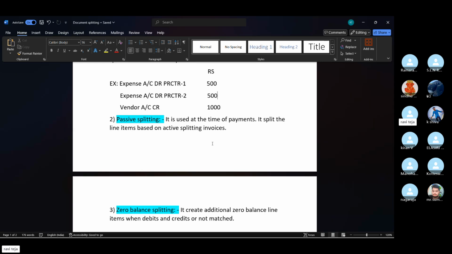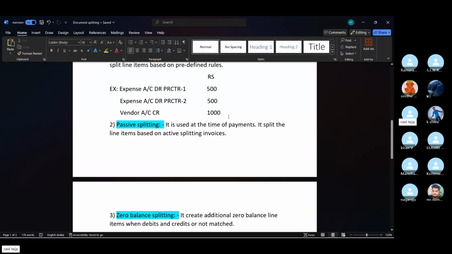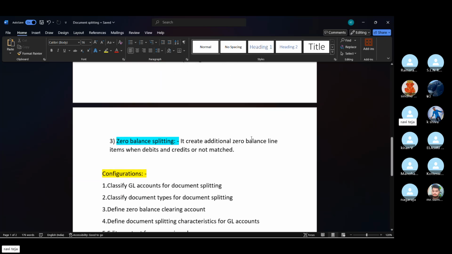At the time of vendor payment, the accounting entry will be vendor account debit and bank outgoing account credit. But we do not provide any profit center to the vendor line item. It will be derived from the invoice vendor line item to the passive splitting vendor line item. The profit center will be derived from that vendor line item to the passive splitting line item. This is about passive splitting.